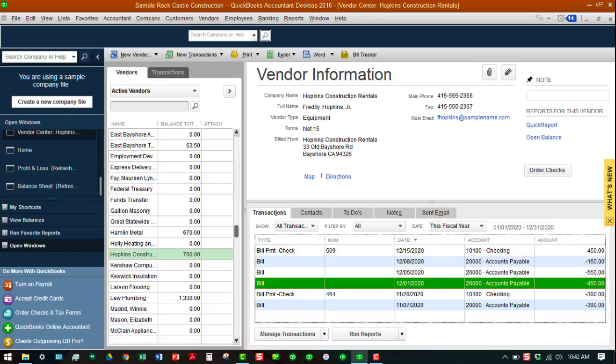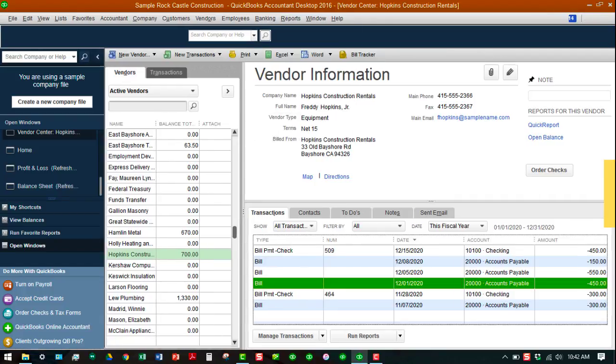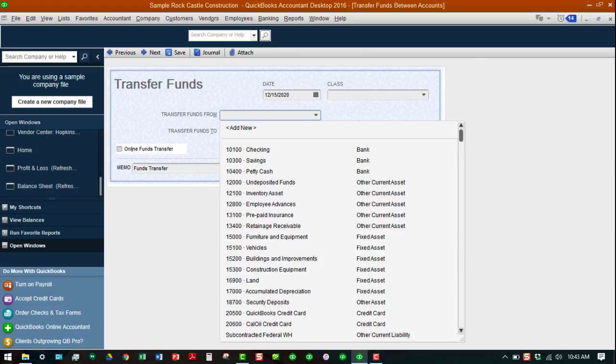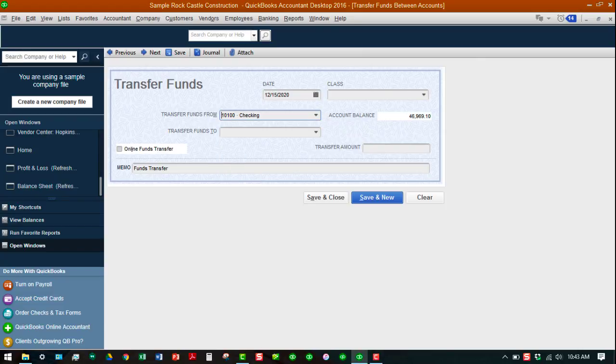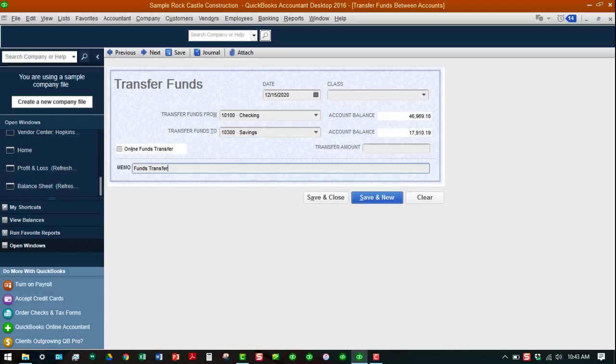All right, so transfers are just lateral movements of money from one account to the other. So you go under banking, transfer funds, and what we want to do first is set up a $500 transfer from checking to savings. That's going to go in $500 that's going to be done on a monthly basis. And down here in the memo, we can just type monthly transfer of funds to savings